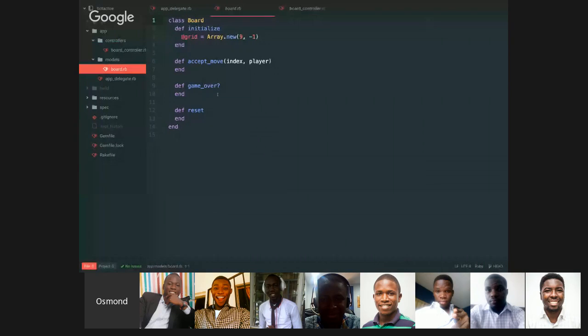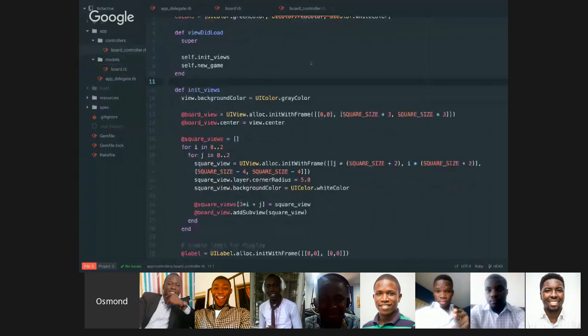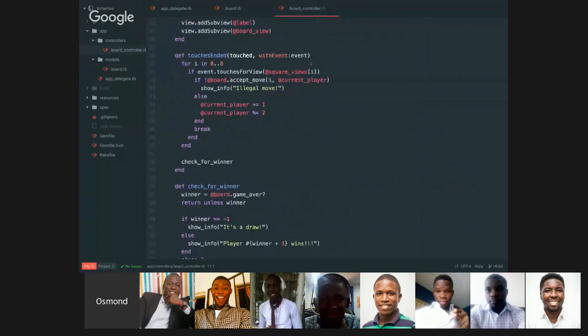So what this one does is basically simple. It just fleshes out the controllers for receiving touch events. So if you get to the first controller, you see that it has grown a bit. Basically the main thing we added at this point is this touches ended, and then you pass in touch and event. So basically what it is checking for is